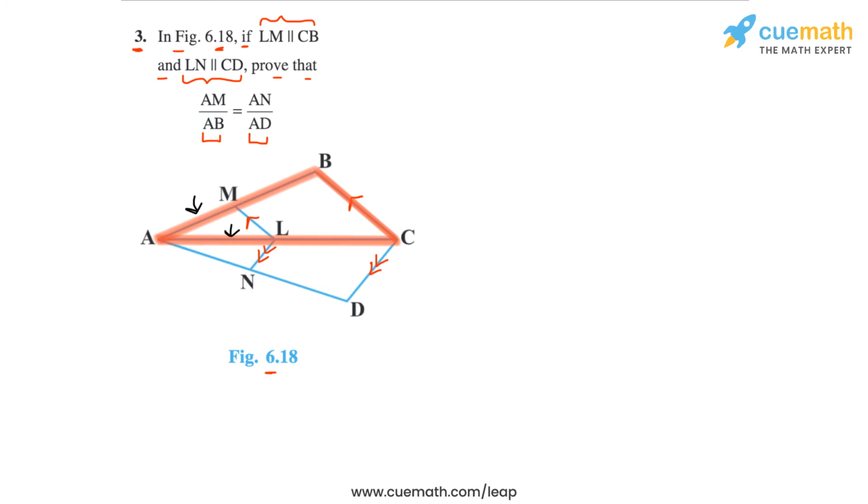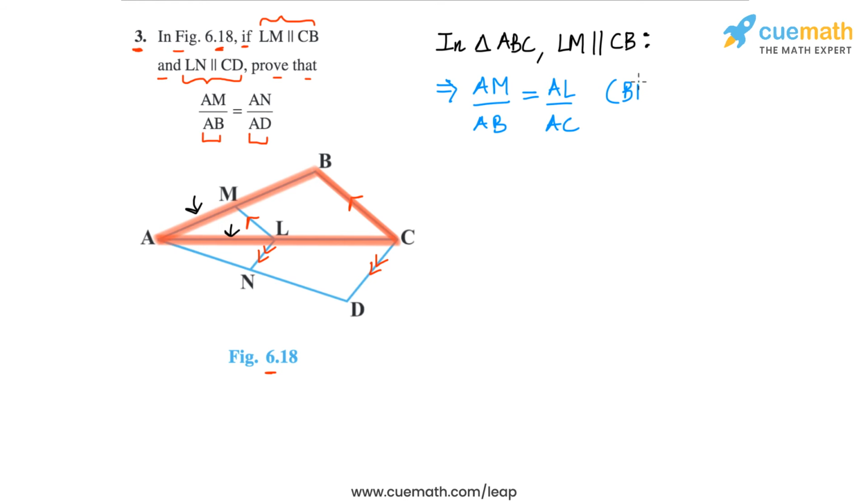So let's write this solution step by step now properly. First we observe triangle ABC and we apply the BPT to triangle ABC. So in triangle ABC, LM is parallel to CB. This is given to us, and because of this we have AM by AB is equal to AL by AC, and the reason is the basic proportionality theorem, and we can label this equation